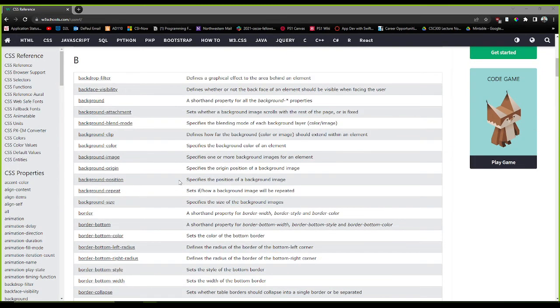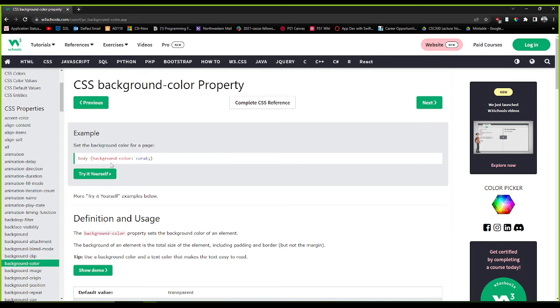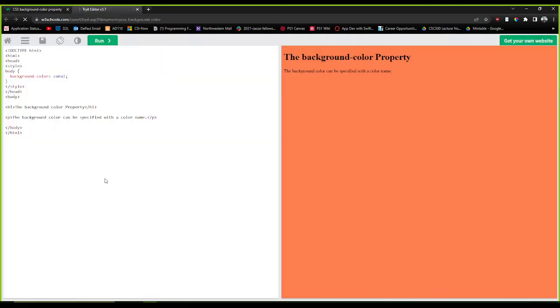And you won't be quizzed on remembering all of them, but let's just say, for instance, I want to change the background color. This is called W3 Schools, and W3 Schools is essentially the HTML reference place. This is what most things are based off of. If you click on it, you'll notice that you get a pretty neat example of how to use it as well. And while you're on this page, if you hit try it yourself, it will bring you to, I guess we could just use this as well instead of Notepad,